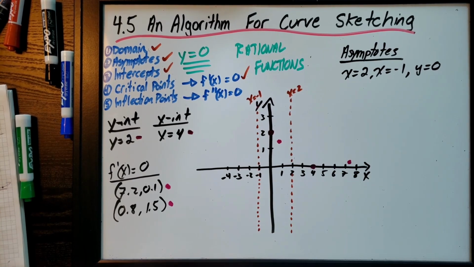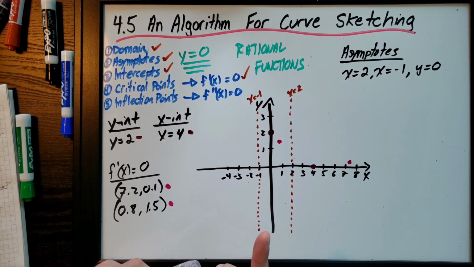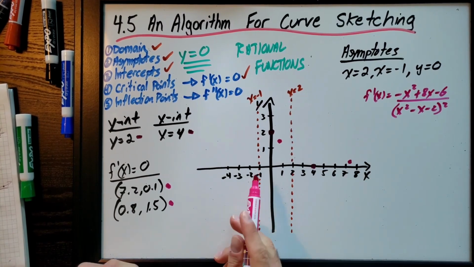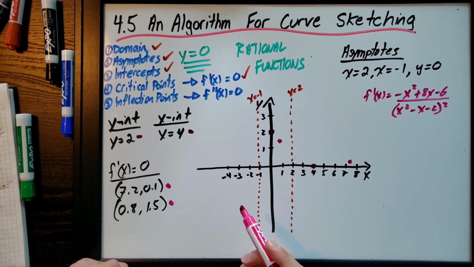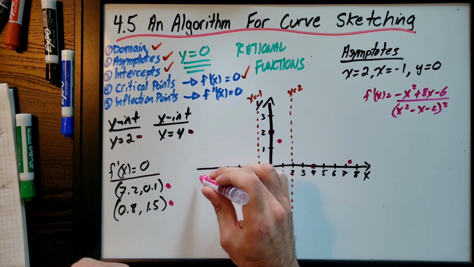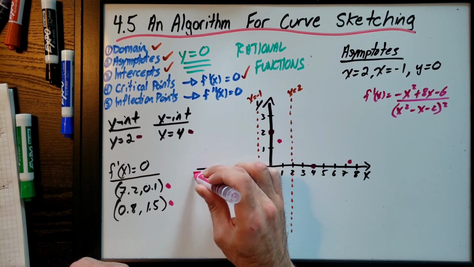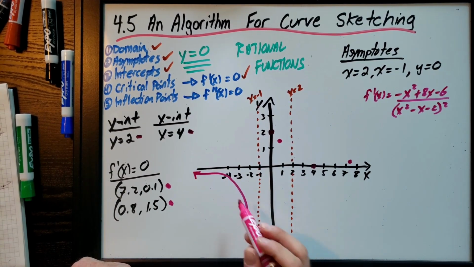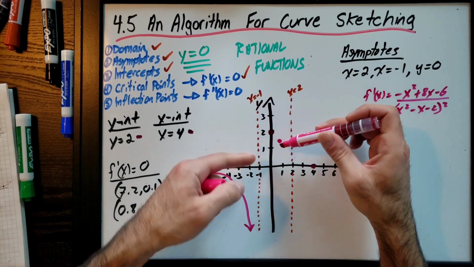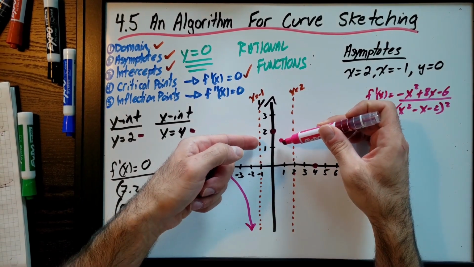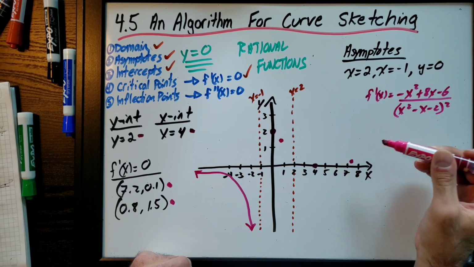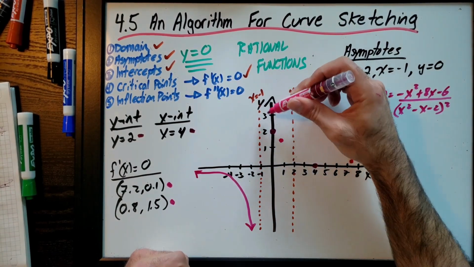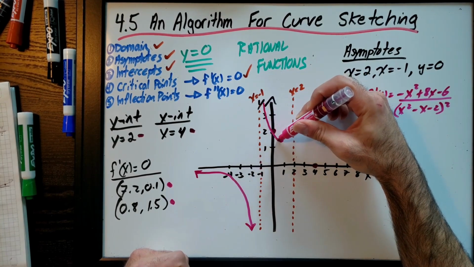Okay, so for instance, I can plug in a number into the first derivative. And just a reminder, the first derivative is here. So if I plug in a number in this interval into the first derivative, I'm going to get a negative answer, which tells me that this is decreasing, and I know this is going to be approaching y equals 0, and this is decreasing, because it's a negative number. If I plug in a number between -1 and 0.8, like for instance 0, plug in 0, I'm going to get a negative number. And because I got a negative number, I know that this is also decreasing to this